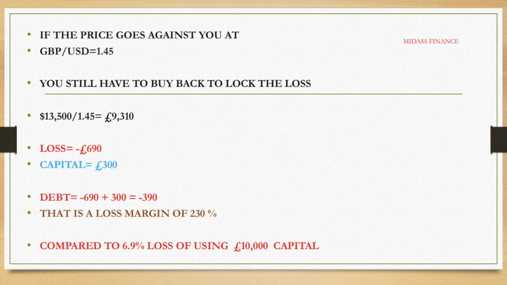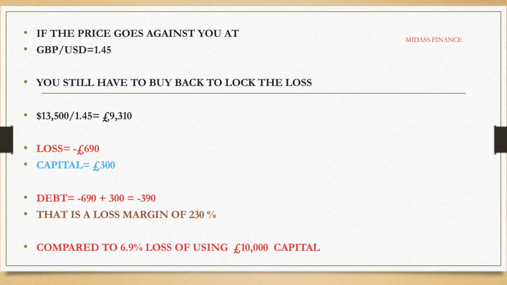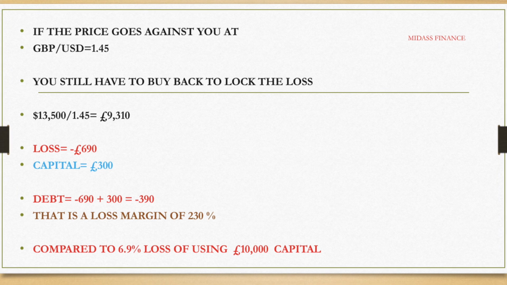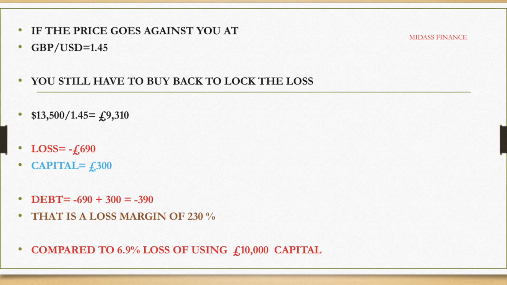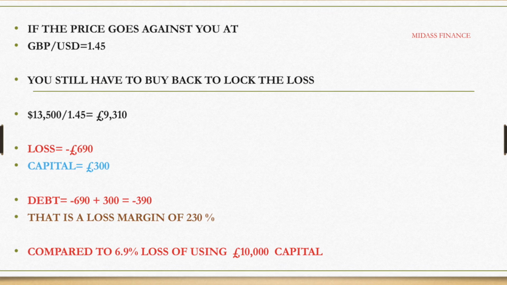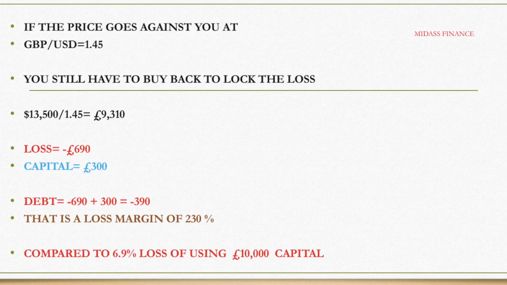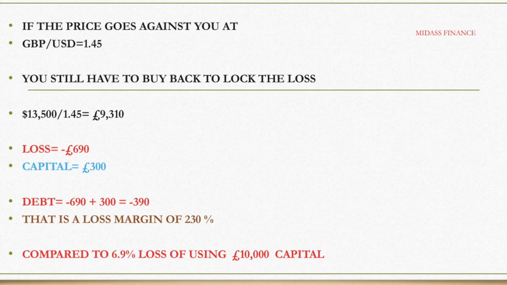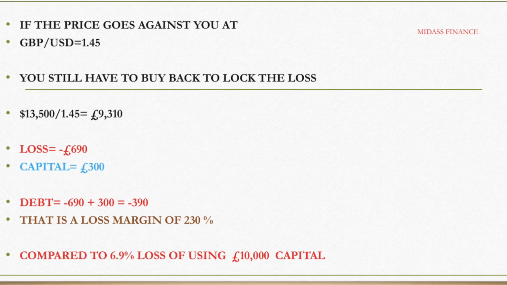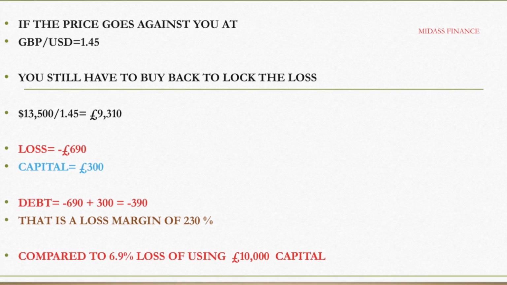You're getting back 9,310 pounds. So this is a loss of 690 pounds. Now look at how deadly it is right now. You had 300 pounds in your trading account. Now you've incurred a loss of 690 pounds. So from that loss, you've actually blown your trading capital. Now your account has gone from 300 to 0, and now from 0 to minus 390 pounds. So you've not only lost the whole of your trading capital, now you're even in debt. You're minus 390 pounds. So now you're owing the broker 390 pounds that you need to pay out of pocket